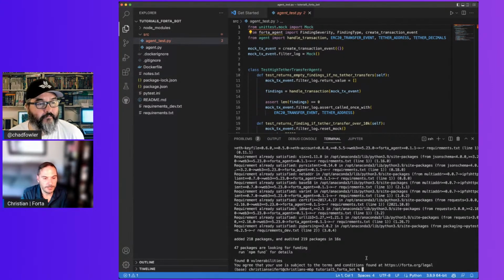Another approach is that you could just have a queue where you look at every single transaction that comes into the bot, and you assess, is that transaction or is that user interacting with a contract? And then you store that in your queue. And that's kind of the strategy that we'll apply in this particular bot. And the reason